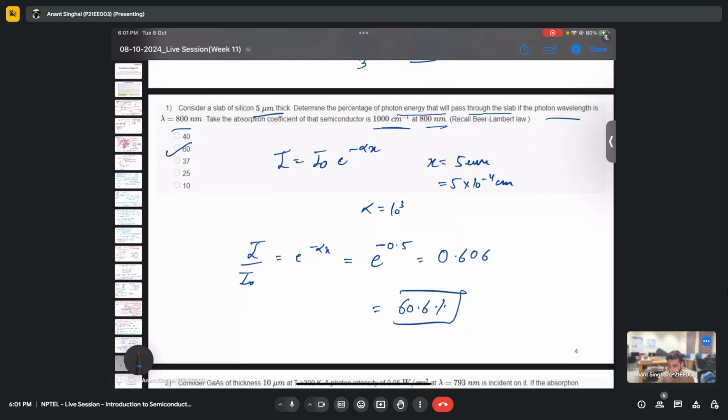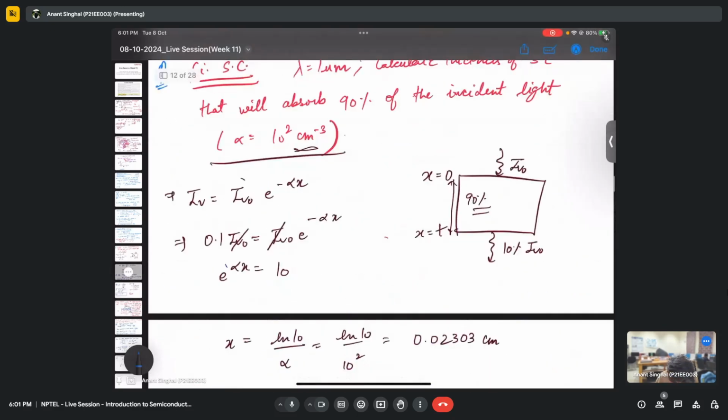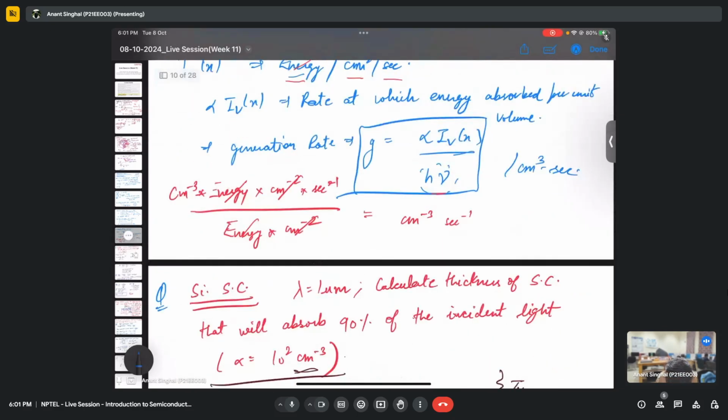40% will be absorbed. Sir, in the question, the absorption coefficient unit has been mentioned to be 1000 per centimeter. Shouldn't it be 1000 per centimeter square? So we had a confusion here, I guess. So this was pure energy. So it was -1 only,